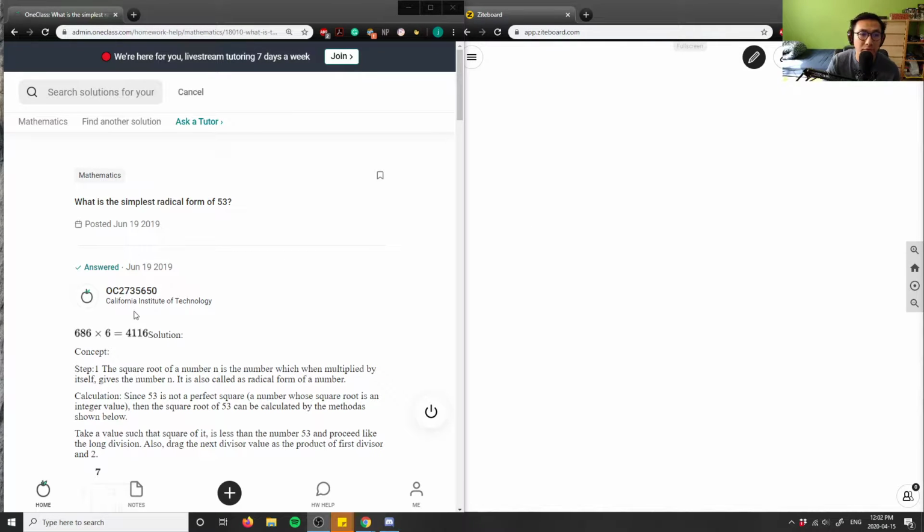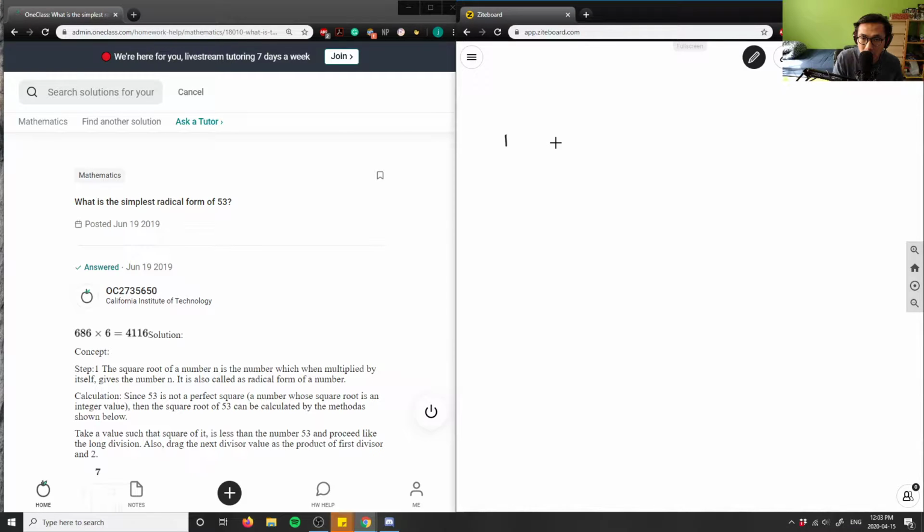All right, so we have this question here. It says, what is the simplest radical form of 53? I think they want the square root of 53, or I think it just means 53. Let me just assume 53 here. So it says, what is the simplest form or radical form